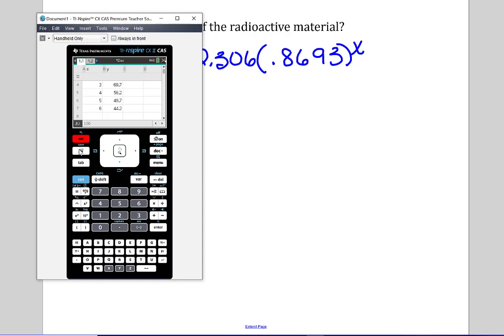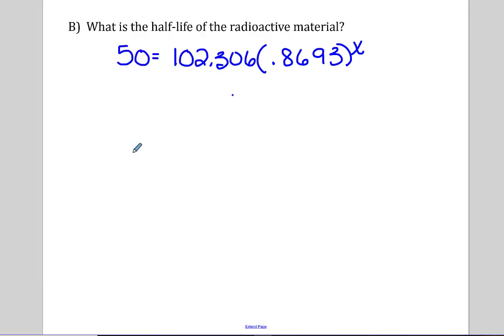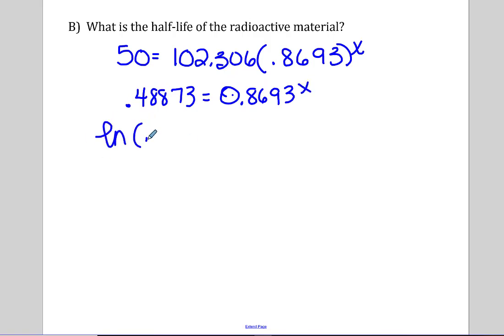So let's get out of there. 50 divided by 102.306 leaves us with 0.48873. Okay, 0.48873 is 0.8693 to the x. So taking natural log of both sides,